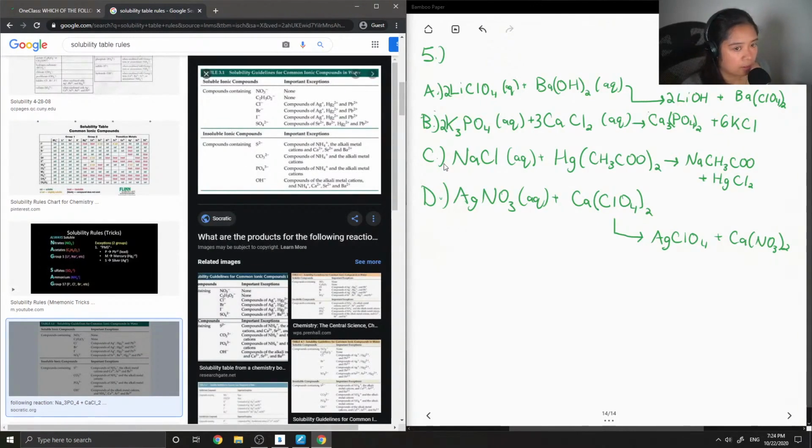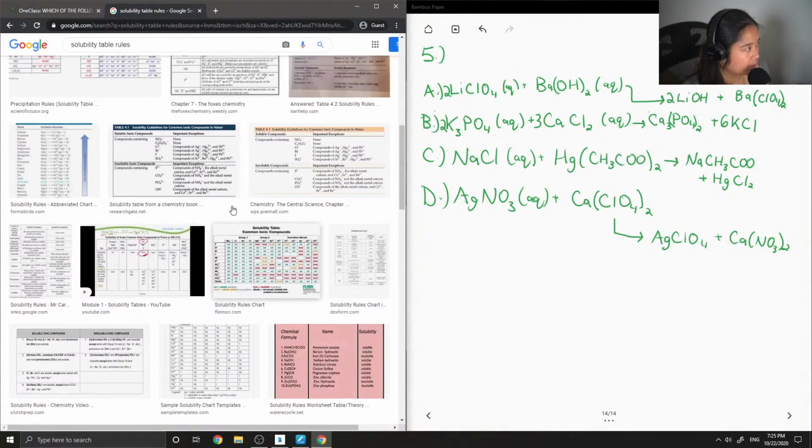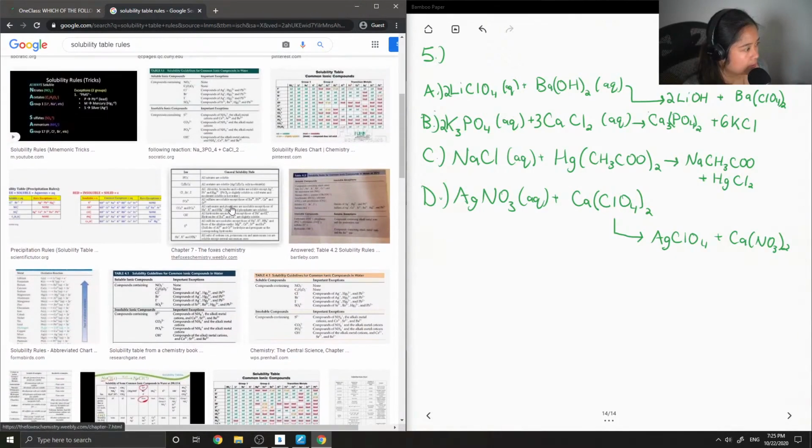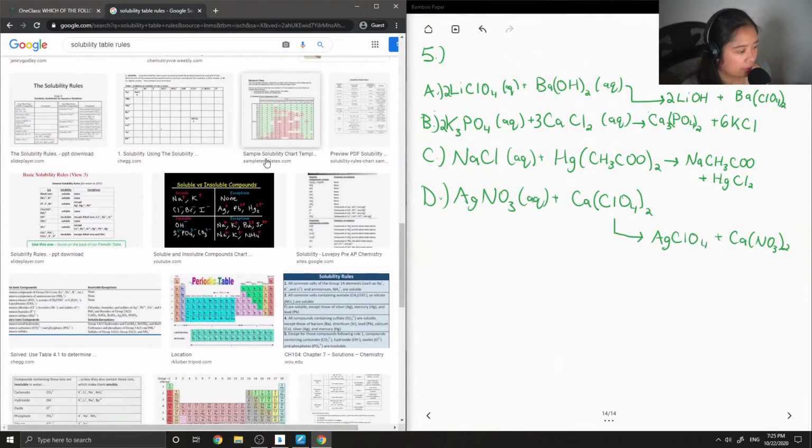Okay, so all of our soluble compounds, let me find a better one. Okay, so all our soluble compounds are basically all of the